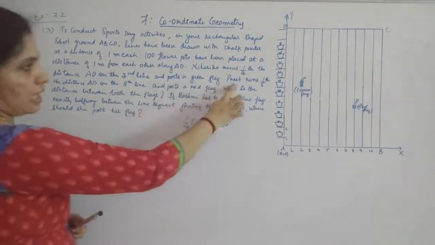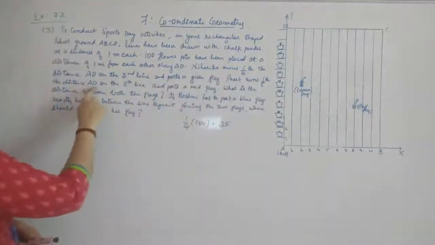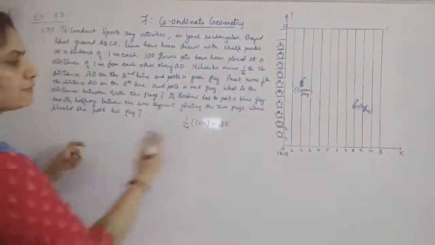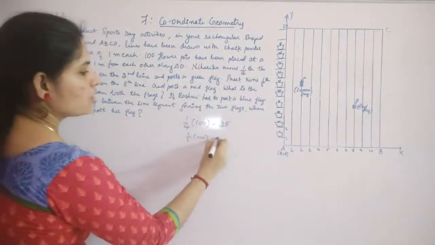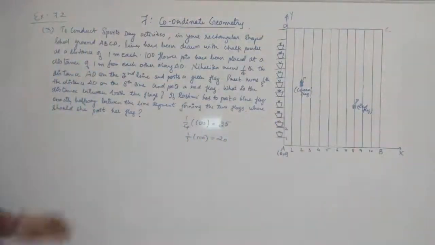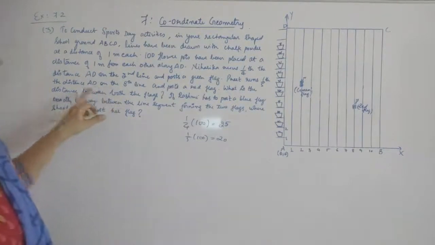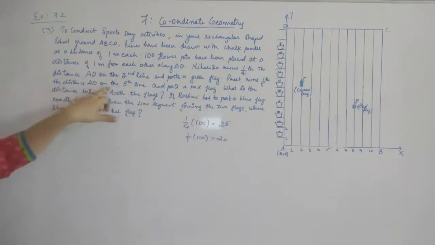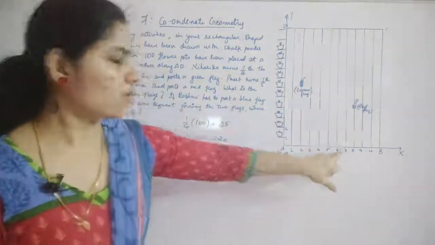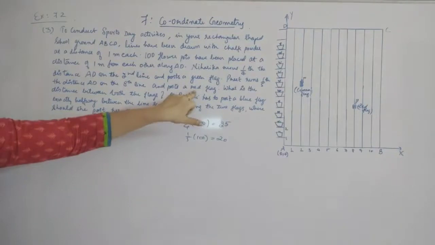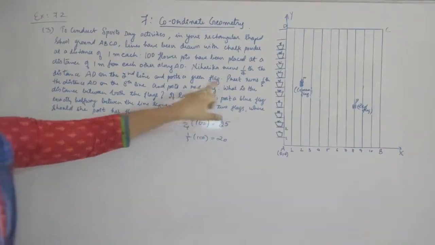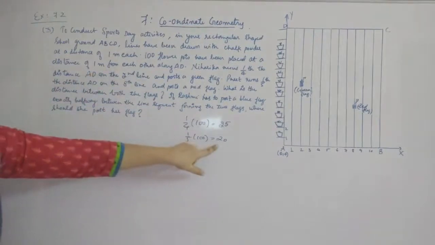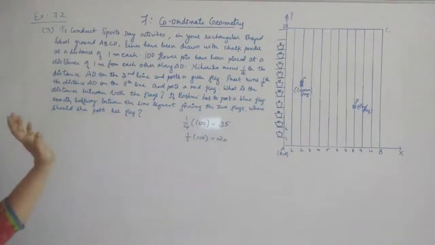Now Preet runs 1/5 the distance AD. This is the AD distance, that is 100, and 1/5 of 100 will give you 20. So that is 20 meters, and she is on the 8th line. Okay, 1/5 of the distance and on the 8th line. So it is the coordinate of the red flag. She has posted a red flag. So the coordinate of the red flag will be how much? 8, 20. Okay, so you got both the coordinates.